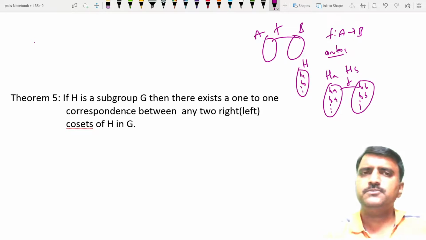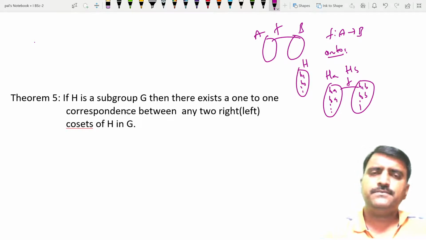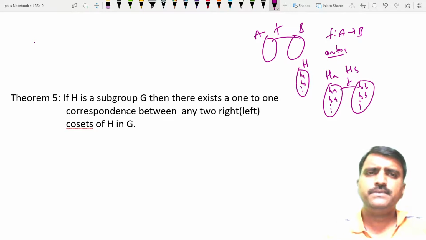So we have to prove it that way. 1-to-1 correspondence means the function is 1-1 and onto. For a 1-1 function defined between A and B, all the elements in A must have different images in B. Onto means all the elements in B must have pre-images in A. So all the elements of B must possess pre-images in A, then we say it is onto. If f is both 1-1 and onto, then A and B have the same number of elements.